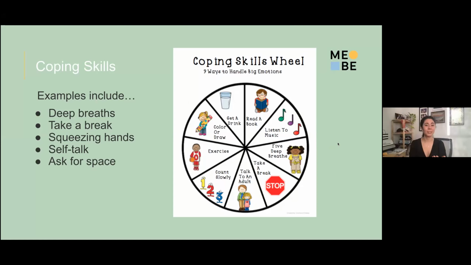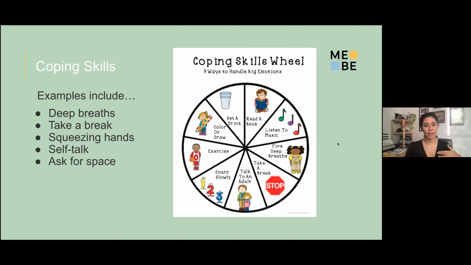So we talked about flexibility. We talked about cooperation. Both of these are really challenging for all children, actually. So we can definitely also work on some coping skills side by side to make sure that they have a couple of tools to self-regulate while they're working on these really difficult challenges. We program for coping skills all the time. It's pretty rare to find a program book that doesn't have it in some way or another. Really common examples that we tend to come up with are, hey, let's take a deep breath. How about you ask for a break?